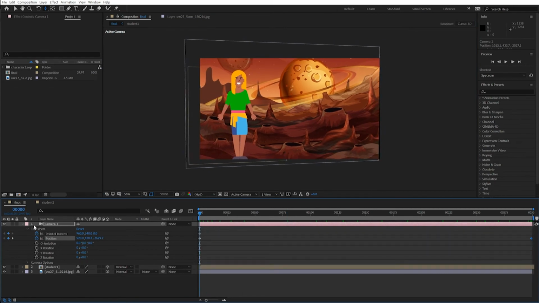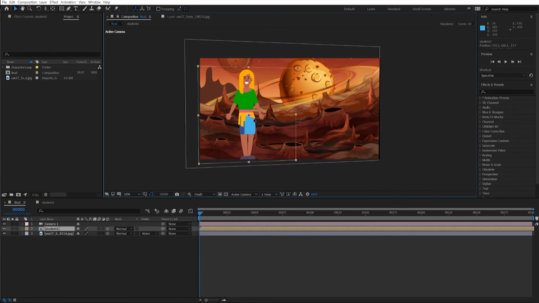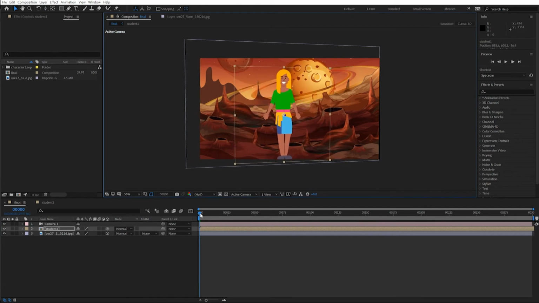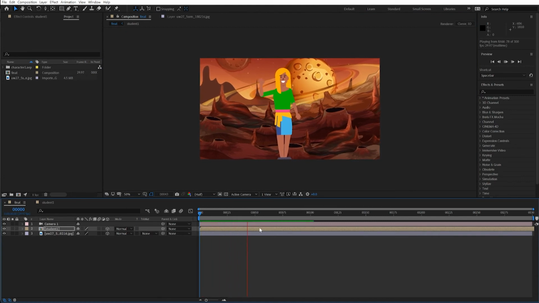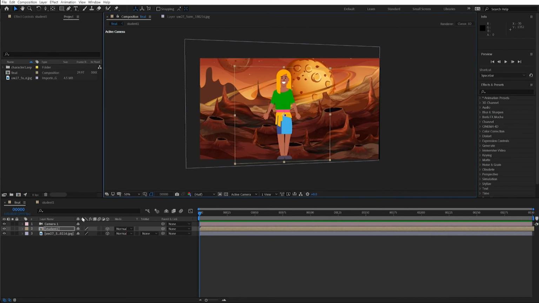I'm going to reposition my character, so toggling to the student layer, which has no animation on it, picking up the Move tool again, and just dragging my character over more towards the center, like this. I'm going to move my character a little forward